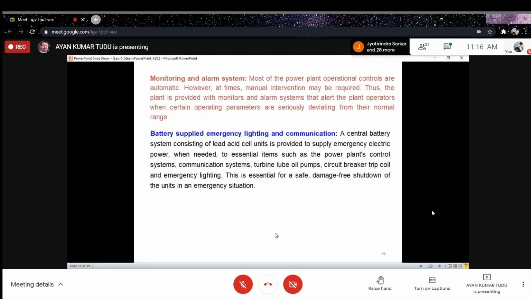Actually, what is happening is that we are using the power that is being generated in the power plant to operate the batteries at a floating charge. So the batteries are always being charged. Whenever there is some fault in any part of the power plant, because of which there is power off, these systems, basically the communication system, the power plant's control system, the circuit breaker trip coil, our relays, all would be requiring battery, means all would be supplied through this emergency battery system.